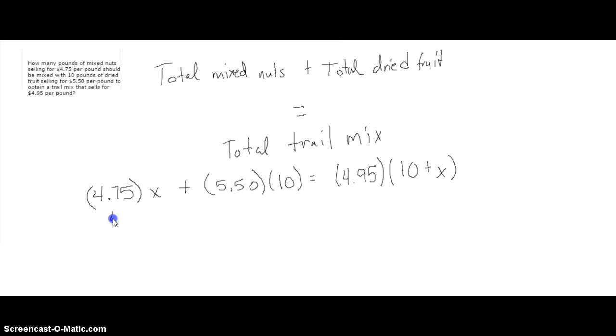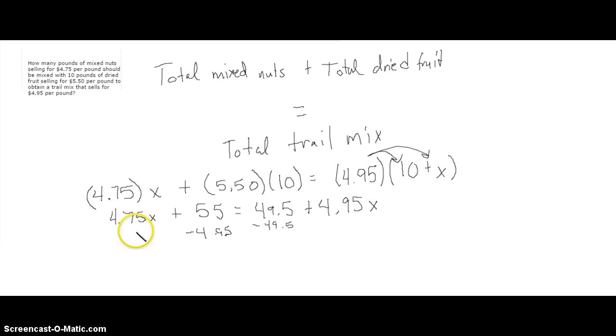So let's go ahead and solve this. We get 4.75x plus 55 equals 49.5 if we distribute the 4.95 and the 10, and the 4.95 and the x. So let's get all of our like terms on the same side. If we subtract 49.5 from both sides and we subtract our 4.75x from both sides,